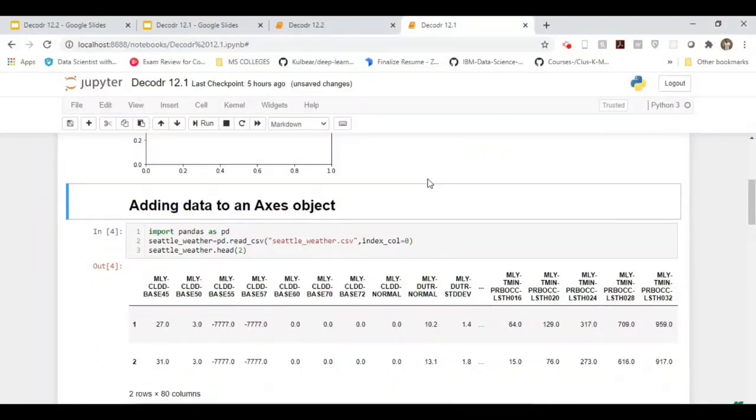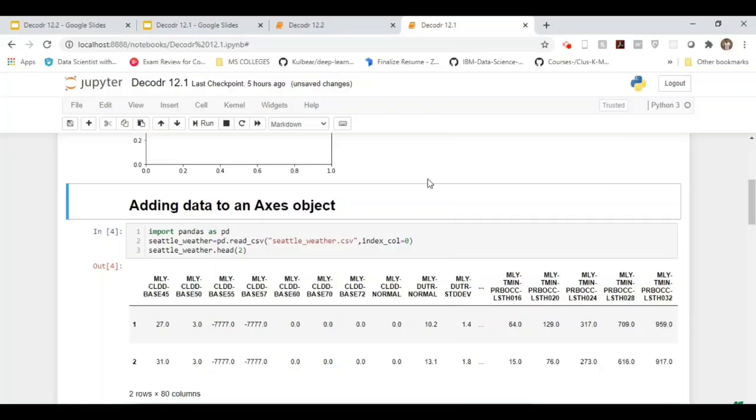So adding data to a figure is done by calling methods of the axes object. In this exercise, we will use the plot method to add data about rainfall in two American cities, Seattle, WA, and Austin, TX. The data are stored in two pandas data frame objects that are already loaded into memory. Seattle_weather stores information about the weather in Seattle, and Austin_weather stores information about the weather in